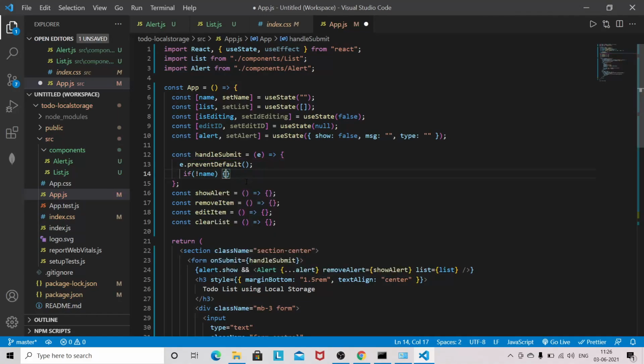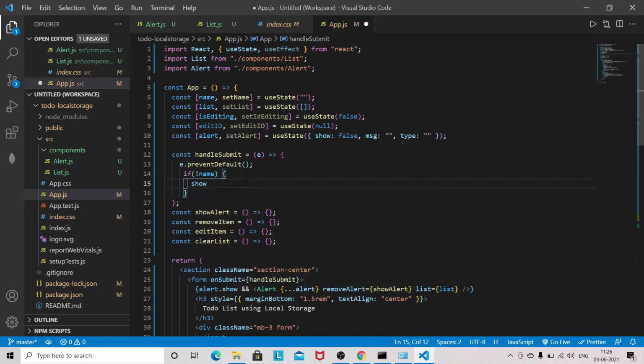If there is no name, then I will show the alert. So in the alert I will pass true, danger, and please enter value.